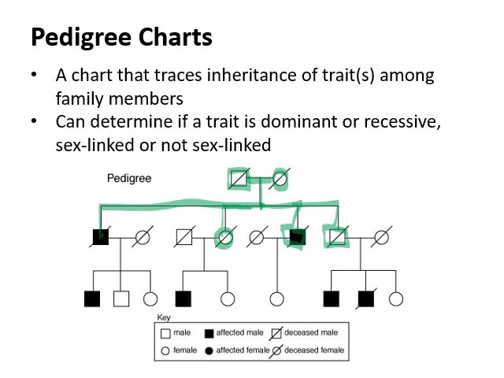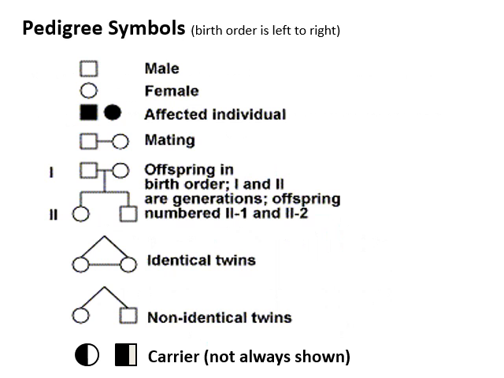So if the individual is affected with a particular trait we're talking about, we shade them in. If they're unaffected, we tend not to shade them in. And then there's some other more nuanced symbology that we use in this as well. So if they're deceased, we can put a line through it, that sort of thing. Here are some of them. If they happen to be identical twins, we link them together like that, or non-identical like that. Sometimes if they're carriers, we draw the shading taking up half of their circle or square,